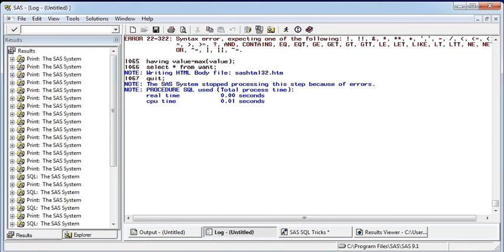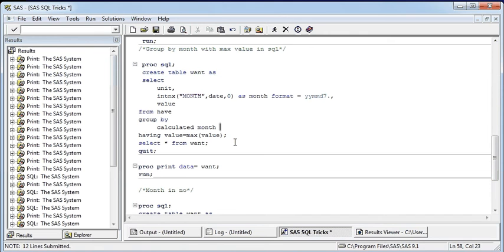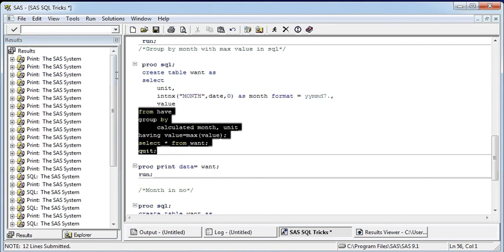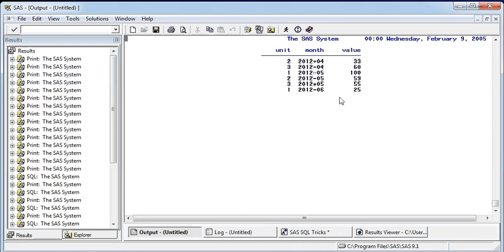There is an error here. So there we go. If we have to display it by unit also, we can do that.